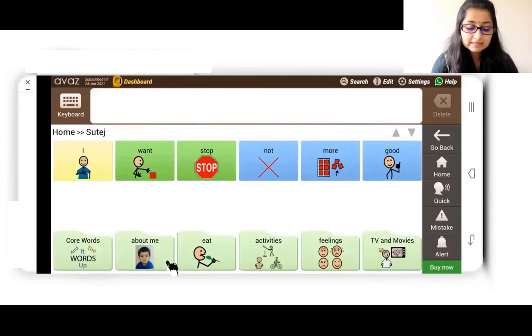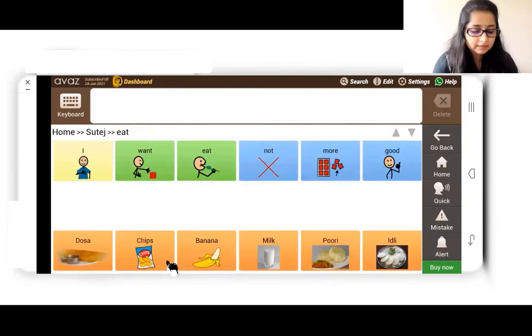Similarly, we selected some food items, which I might find in the Eat folder. Yes. So we have dosa, chips, milk, puri, idli, all of these which I chose as my child's favorites. Go back.